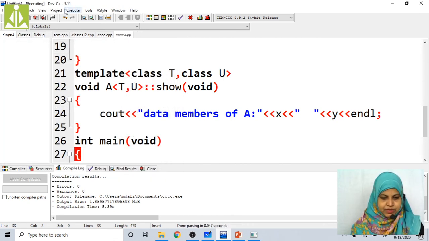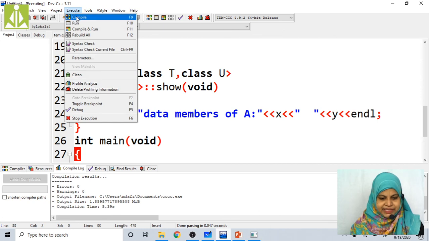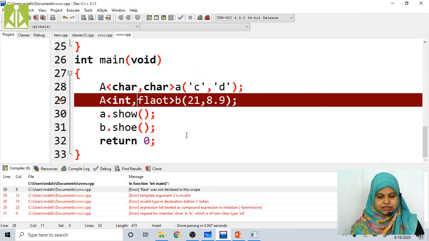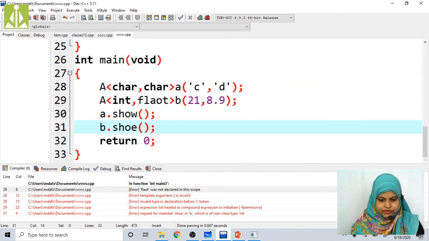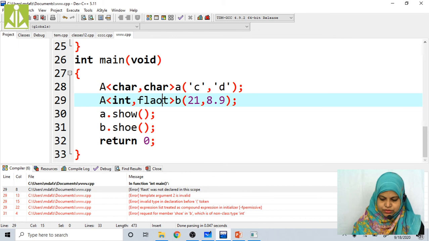Saving this program. Now compiling this. Are there any errors? Float, sorry, the float spelling is wrong. F L, sorry, F L O A T, float, right?